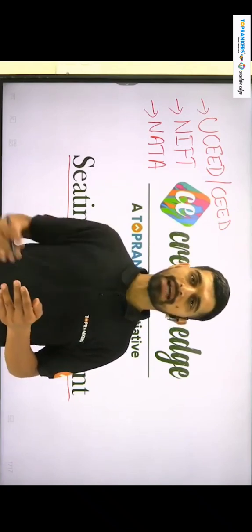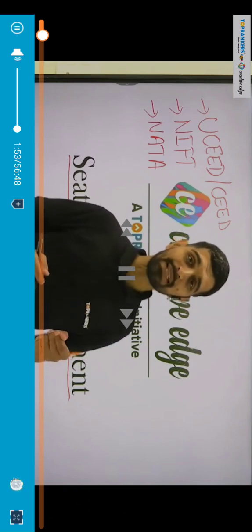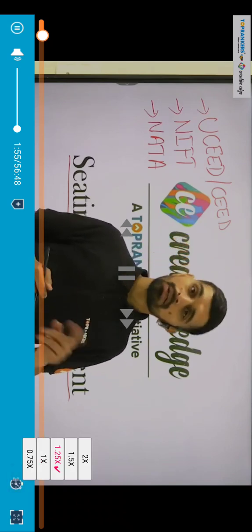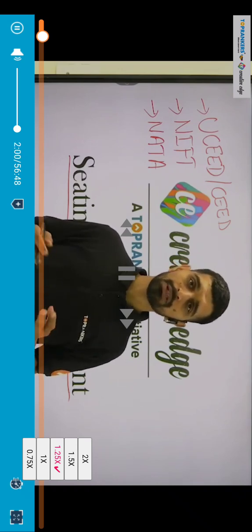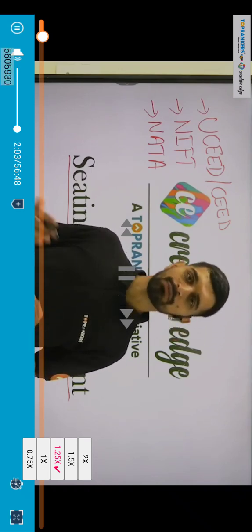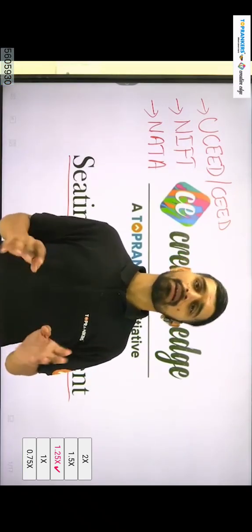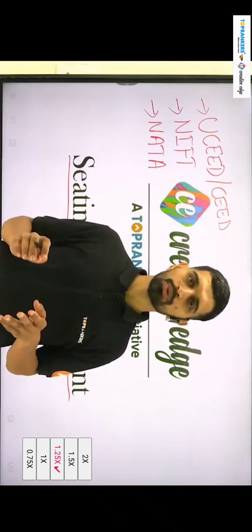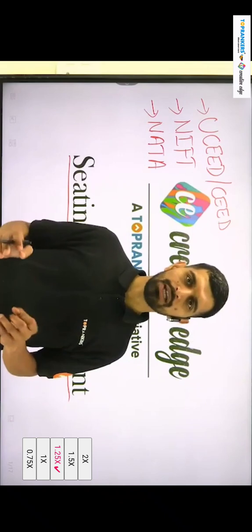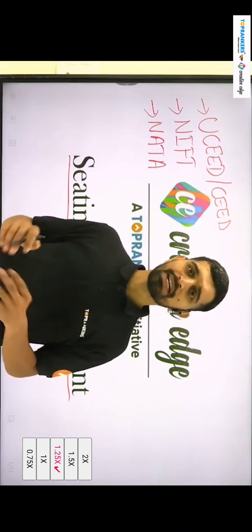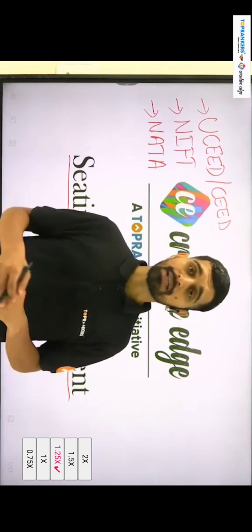If we go one step further, there are two rows where some people are sitting with each other. Some of them are sitting in row one, some in row two. People sitting in both rows are facing each other, and somebody is opposite someone, somebody is diagonally opposite, somebody is second right or first left, etc. This category is called parallel sitting arrangement, and the third category is called circular sitting arrangement